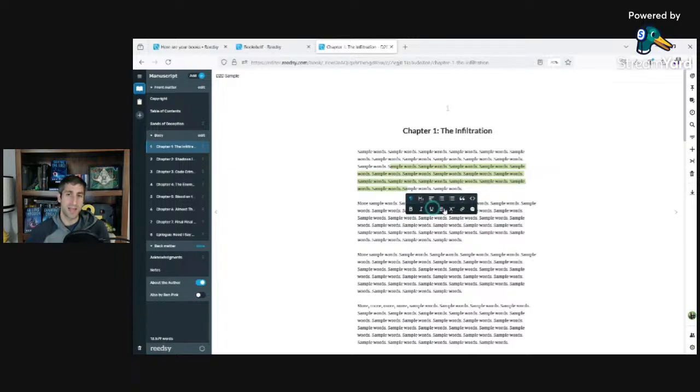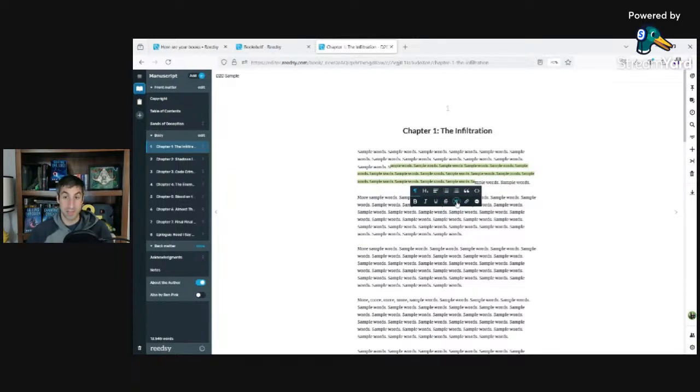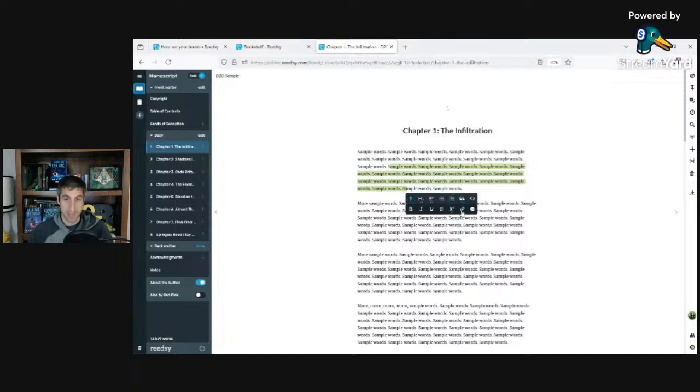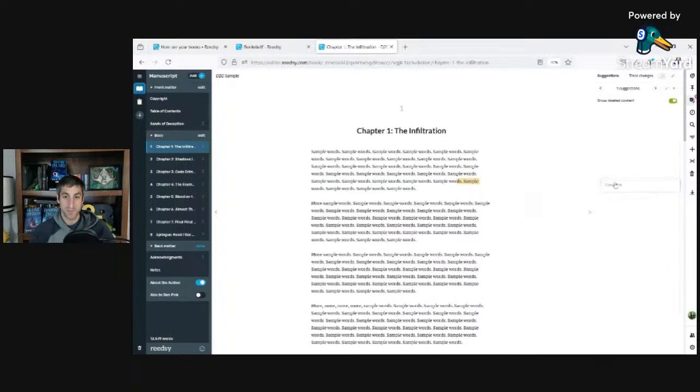And so you have bold, italics, underline, strikethrough, superscript, subscript, etc. You can have hyperlinks, which obviously is only relevant for ebooks as opposed to print copies, as I mentioned before. And Reedsy will allow us to make comments. These are to ourselves and don't show up in the rest of the printed text. I have a whole bunch of notes to myself, and those are very, very helpful when I'm editing my manuscripts.